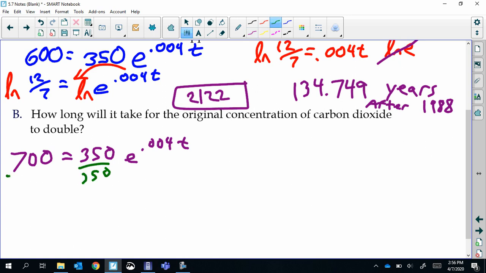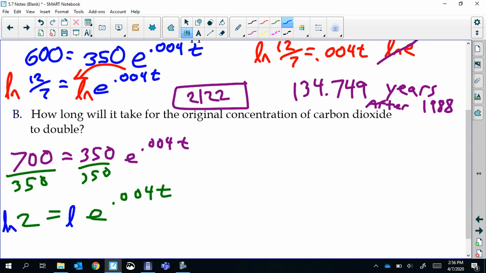Obviously, when we divide this, we're going to get 2 because we're doubling. Then we will natural log to solve for the exponent, and then exponents move to the front, and natural log of e will cancel out. So natural log 2